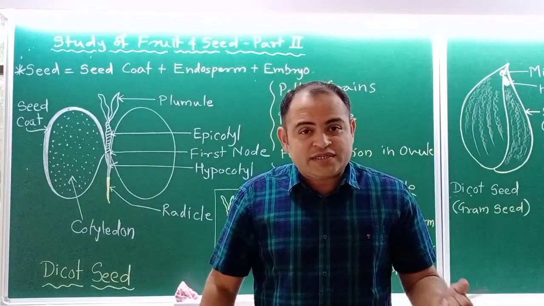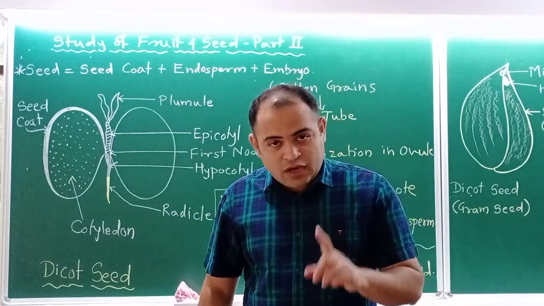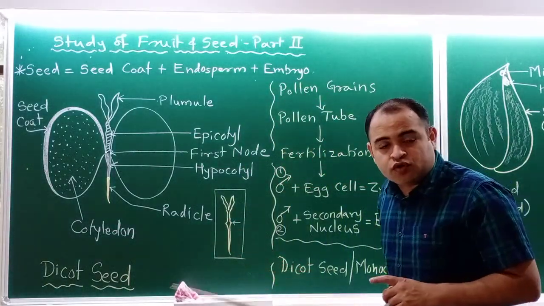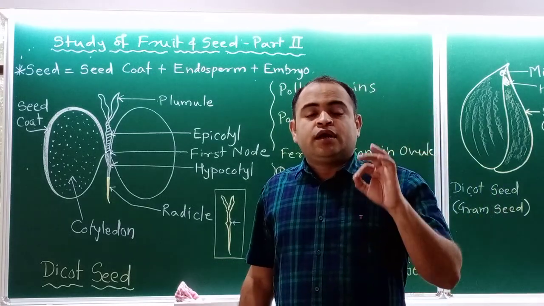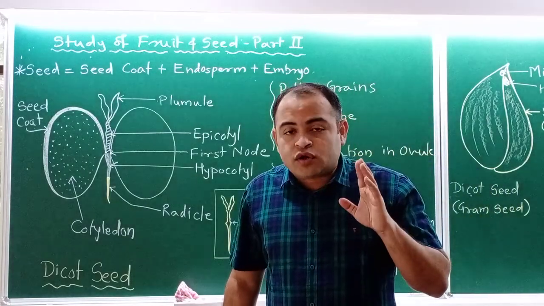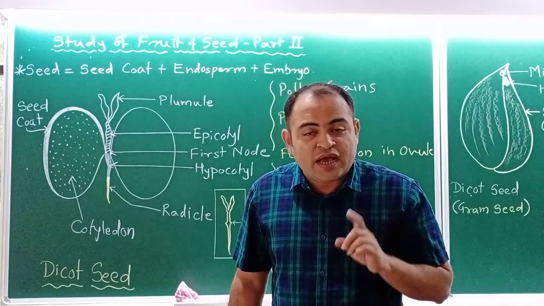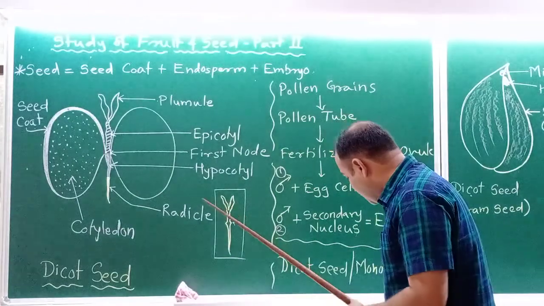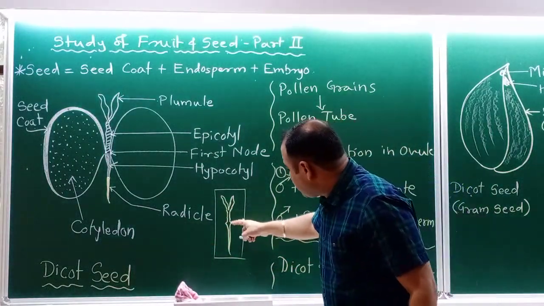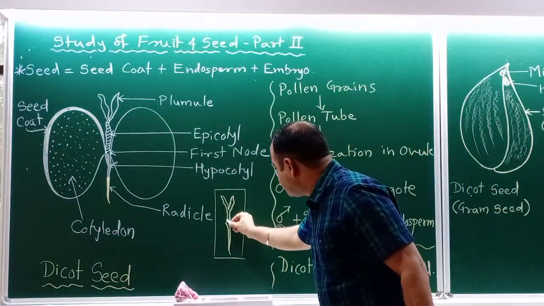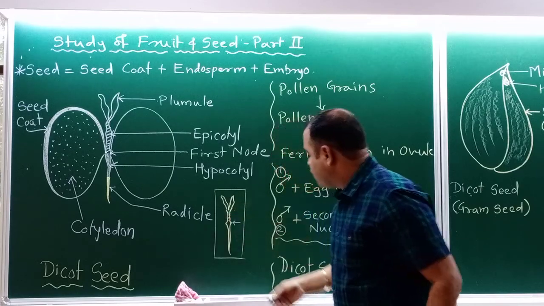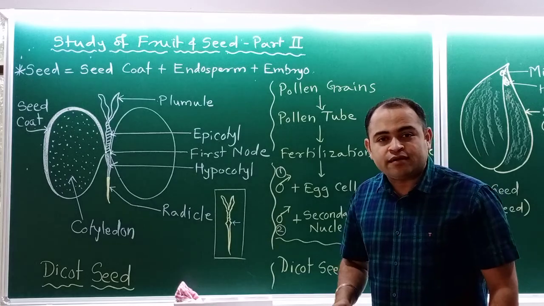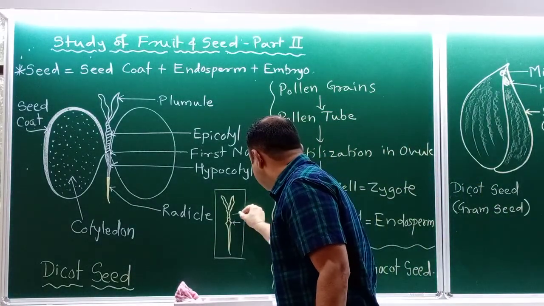Do you understand what is node and internode? Now you can understand why this particular part is called the first node, because to that point the typical dicot cotyledons are attached. Hence it is called the first node. After this, I would like to focus on this much part, not the entire part. What do you think? What is that? It is